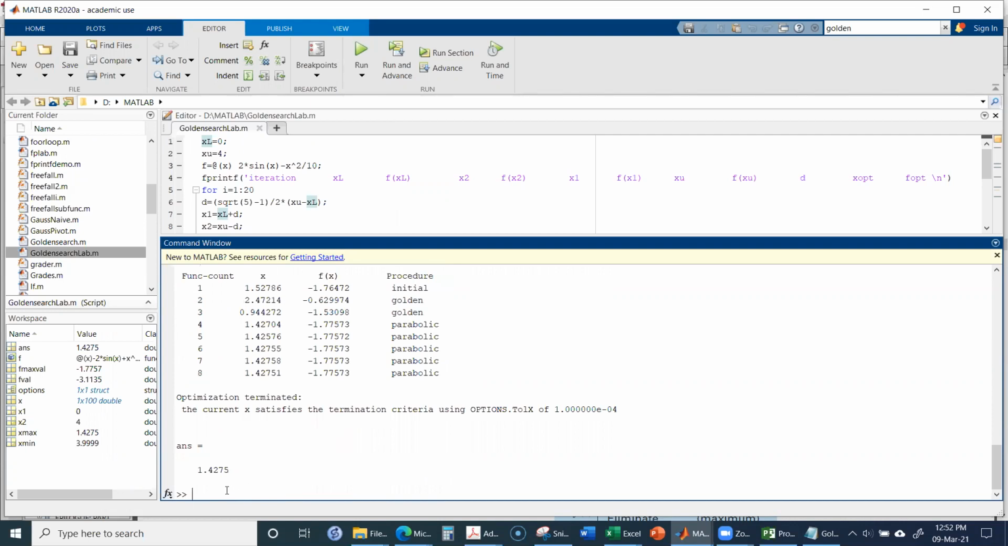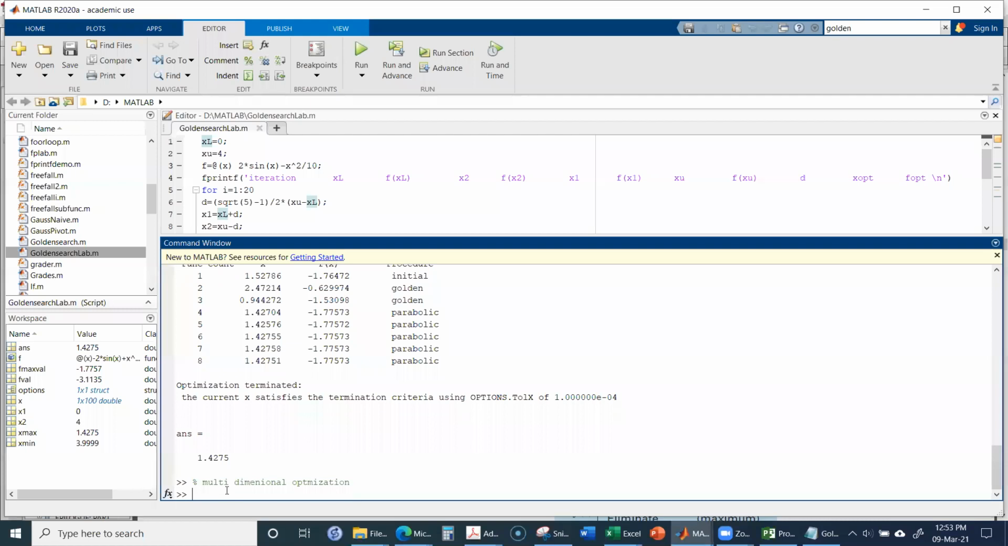Okay, so these were the discussions about the one-dimensional method. If we want to do multi-dimensional optimization, for this multi-dimensional optimization,